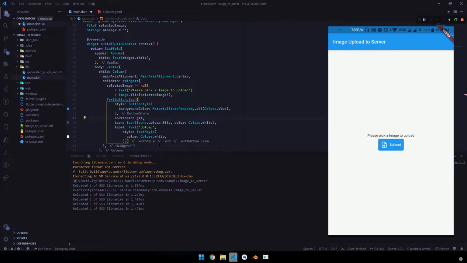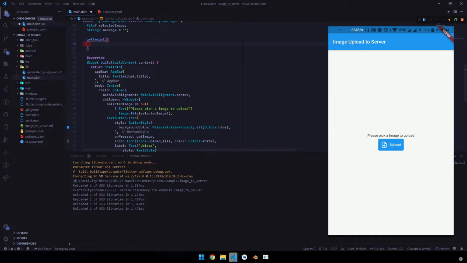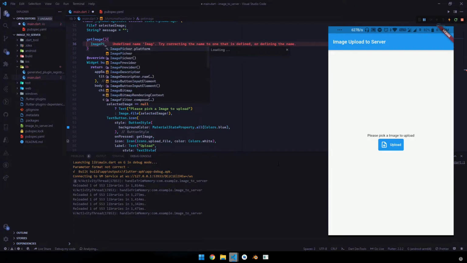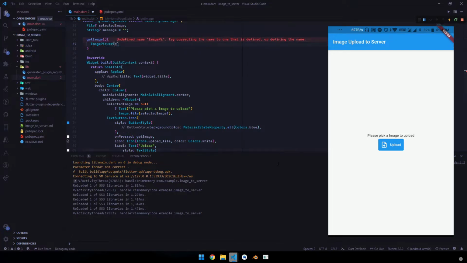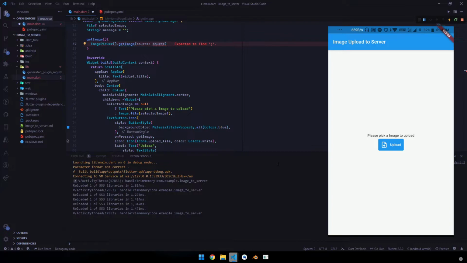So now we can see that when clicking this button we need to write a function for picking the image. So let's create a getImage function. Let's call the image picker which we have imported using the dependency, dot getImage with source.